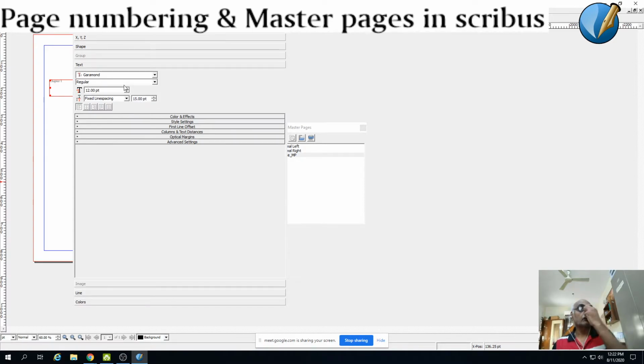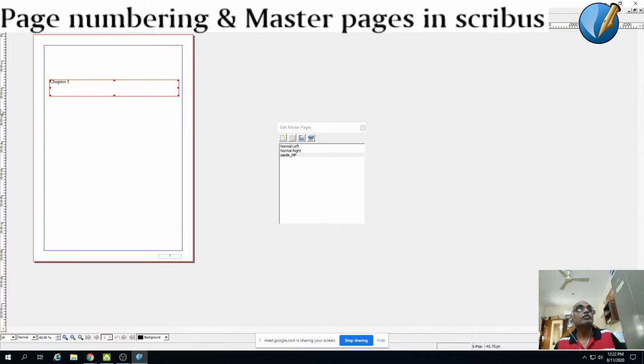I'm choosing Garamond. I'm going to make it bold, and then I want to increase the size of the font. Usually you will have 18. So for the top and the header you need to get 18.